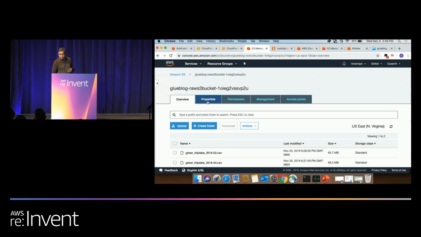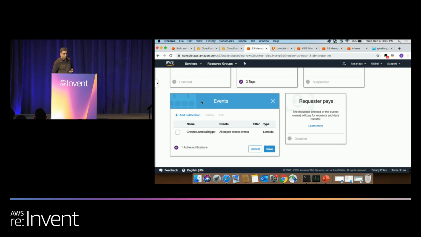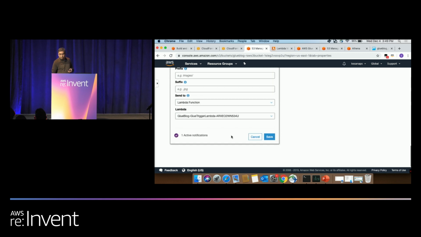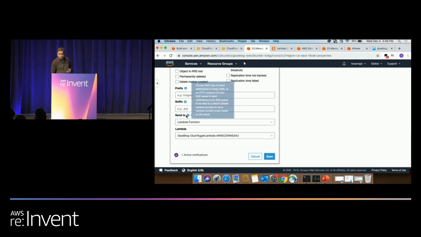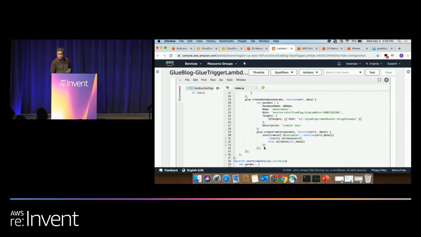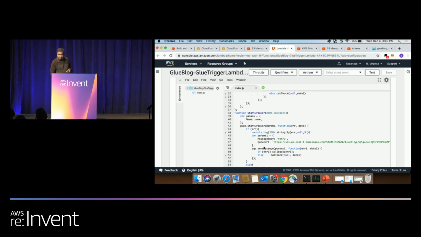When you upload to the S3 bucket, in the bucket properties, you have events. So here I created an event. What it does is, when there is an action, here I'm saying all object create events. So when I drop this file into the S3 bucket, this event gets triggered, and I'm telling this event that once that action happens, send the notification to a Lambda function. This Lambda function is already deployed by the CloudFormation. It does the retry logic in the SQS service, and then it is basically invoking the